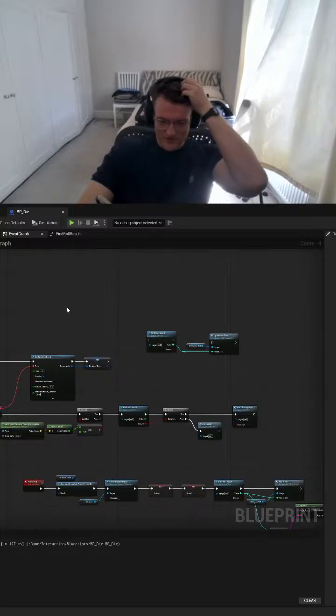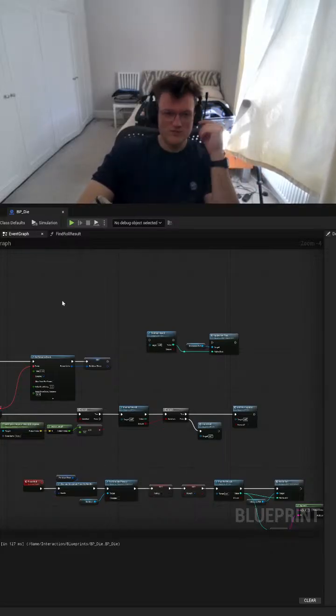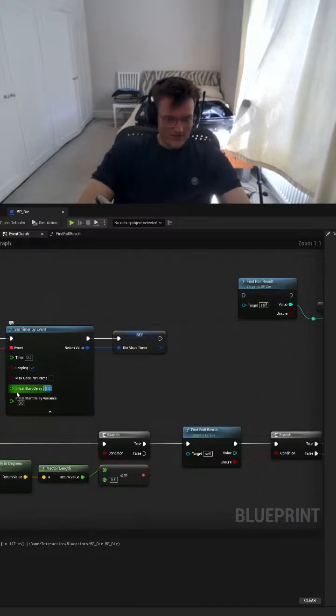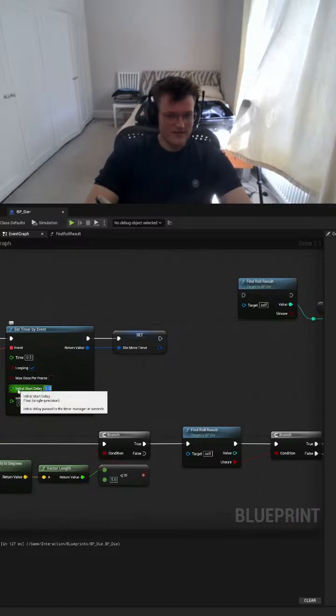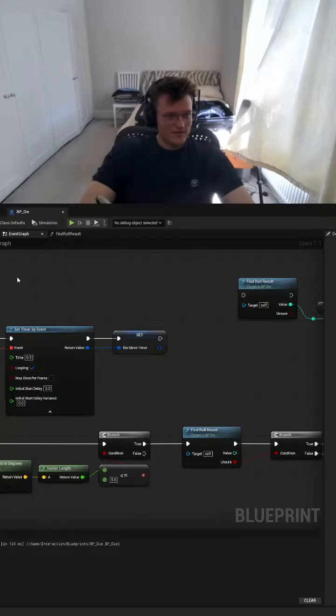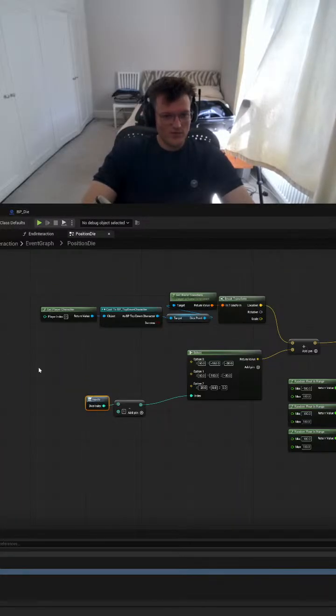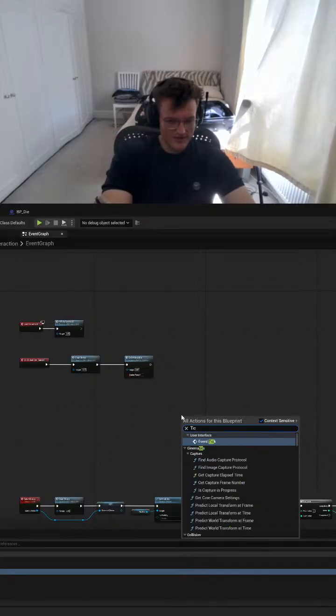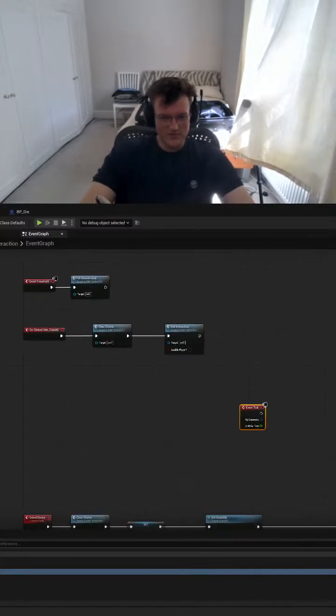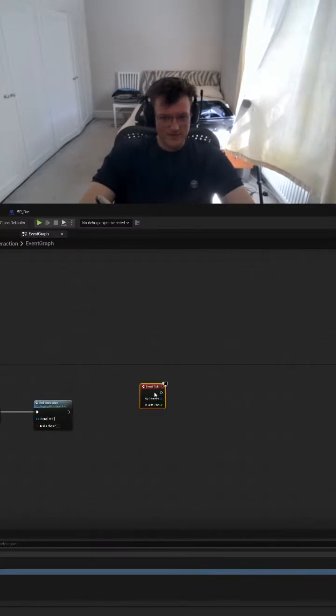So this is happening on a timer which is not that frequent, which is going to make it quite cheap. But we can increase this start delay back to like 3 seconds. So that's not too bad. But on our Widget Blueprint interaction, in our event graph, we're going to add an event tick, which I don't like using too much, but I think this is a place where it's a big boon to gameplay, seeing this happening. So on event tick,